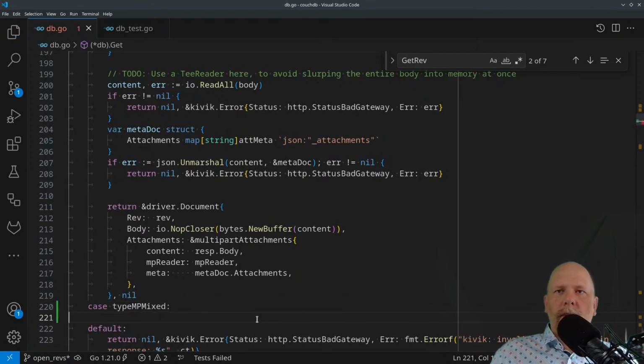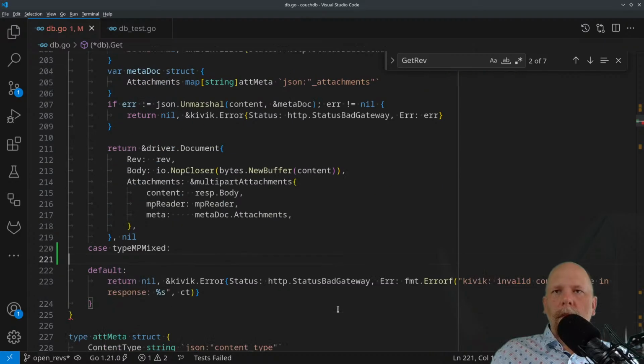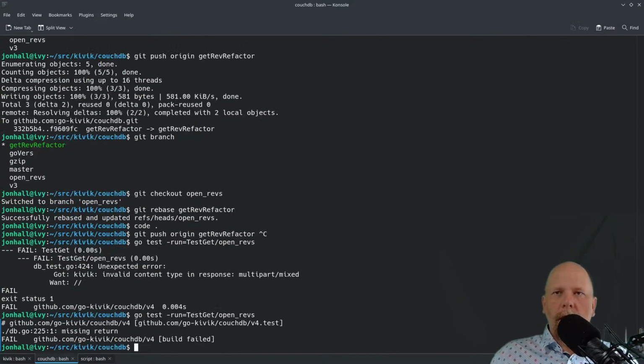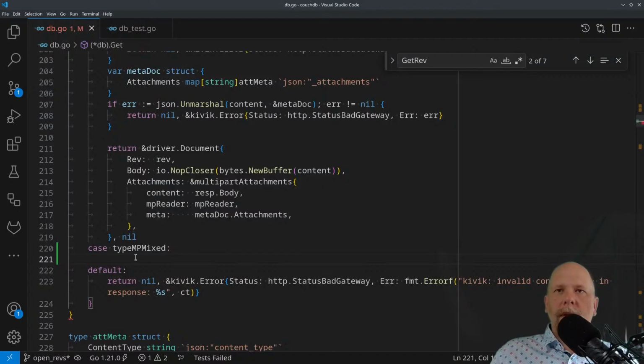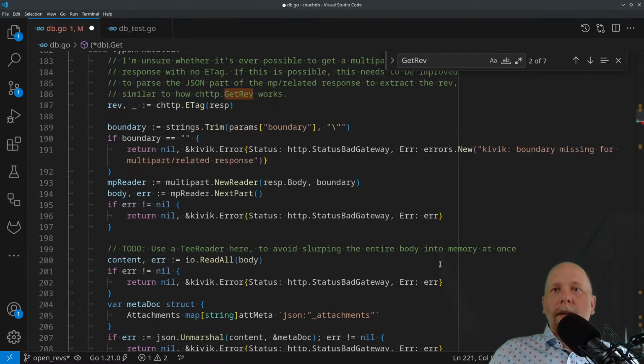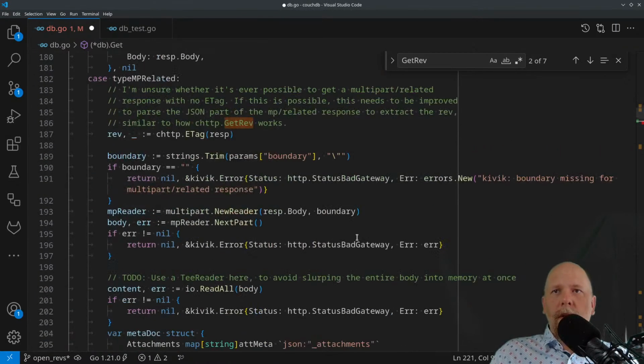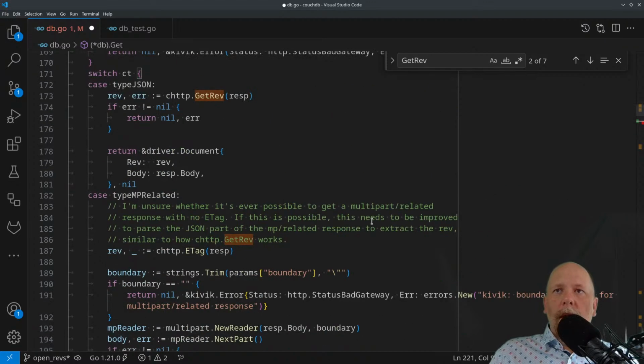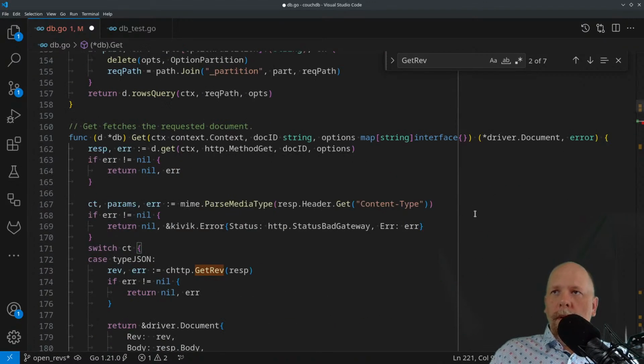And now here's where all the fun logic is going to go. So now if I do this, it's going to return nil or something. Yeah, missing return. Yeah, of course. All right, so I know what I need to do. I need to return